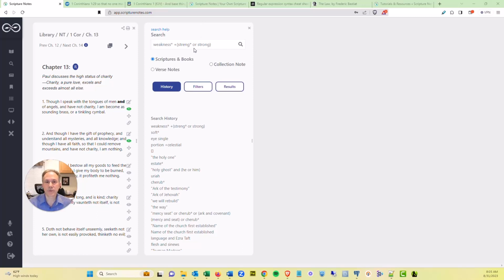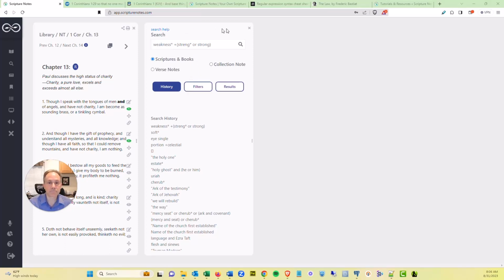Before I jump into just how amazing this feature is, if you're not familiar with Scripture Notes, it's the most powerful software available for studying the Scriptures and recording the revelation that you receive. As one person said, she could do more in a day that would have taken her weeks of time before. And now with this newest feature, you can share the incredible things you're learning with others and allow them to store those insights in their personal account. So you're going to be able to share reading panes, search panes, and collection notes.